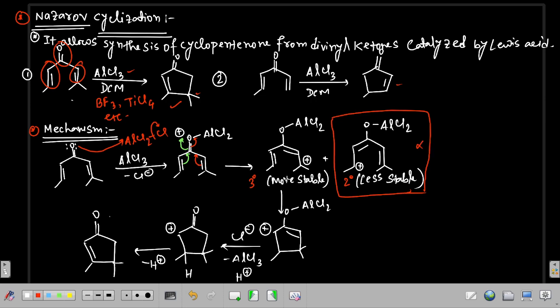So we will go forward with this carbocation. After this, it will cyclize like this, the bond will shift here, and the positive charge will come here. So it will form a positive charge here. Okay, next,